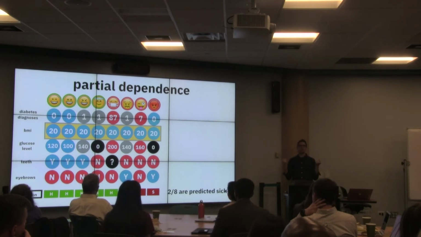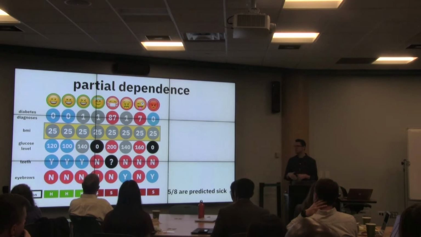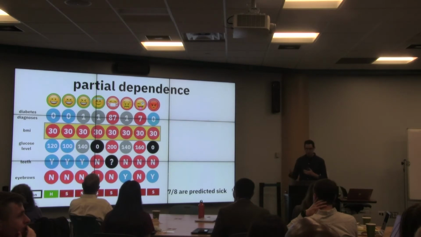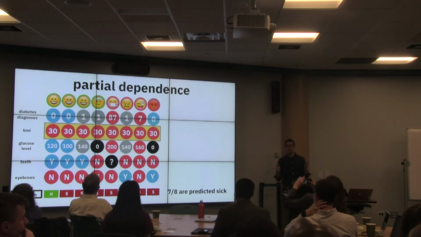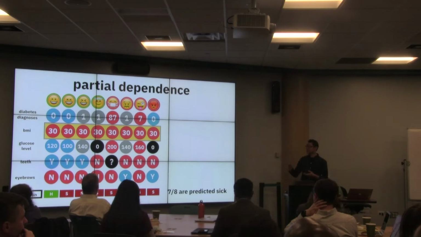So this feature would be really important if it actually changed the prediction of those 2 patients, right? And again, we could do the same, iterating for all useful values of BMI. So now we could try 25, see the results. We get the left 3 are sick, the right 5 are not. Then we do 30, the left 1 most person is healthy, the rest are sick, and so on. And so we get very different predictions just by changing